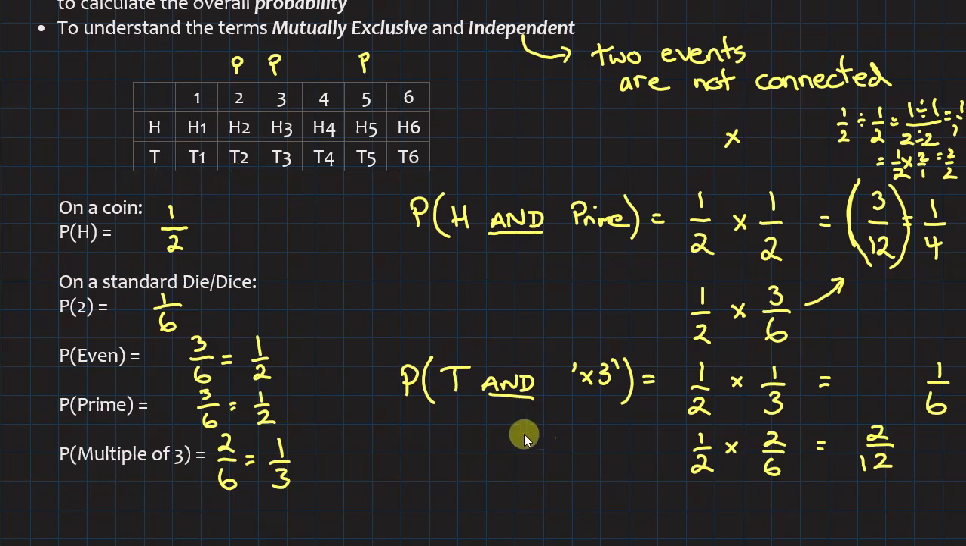So we're looking for the tails and a multiple of 3. So it's got to be in this line. 1's not a multiple of 3, 2's not a multiple of 3, 3 is a multiple of 3, tail 6, multiple of 3. And we're not worried about the head. So we've now got 2 out of 6 things,